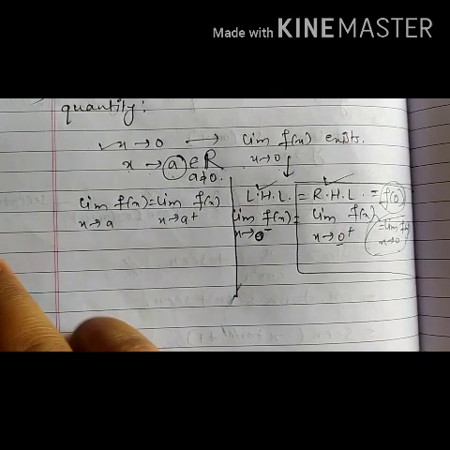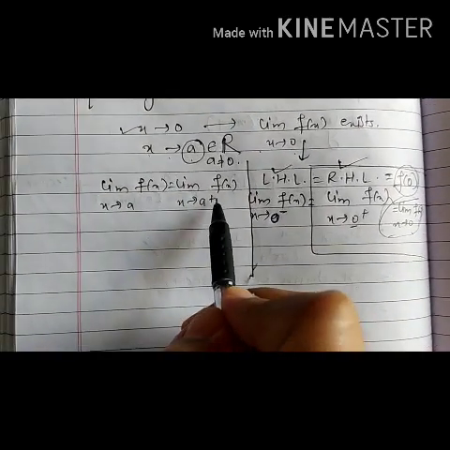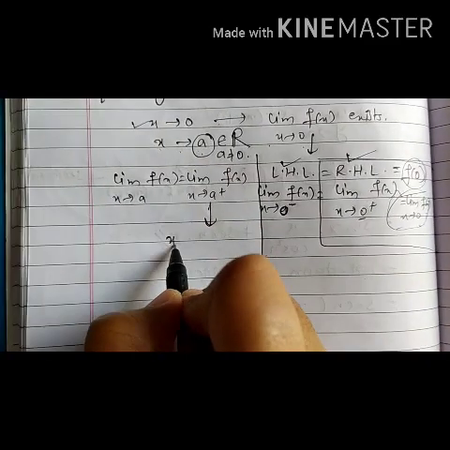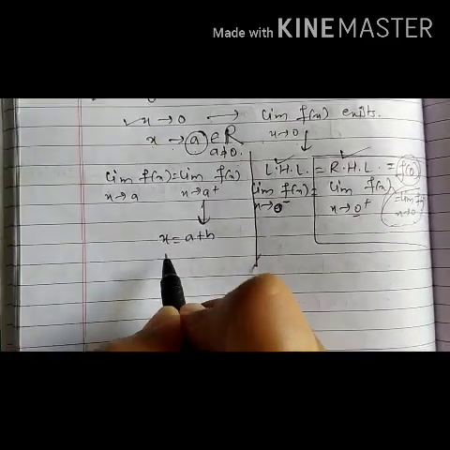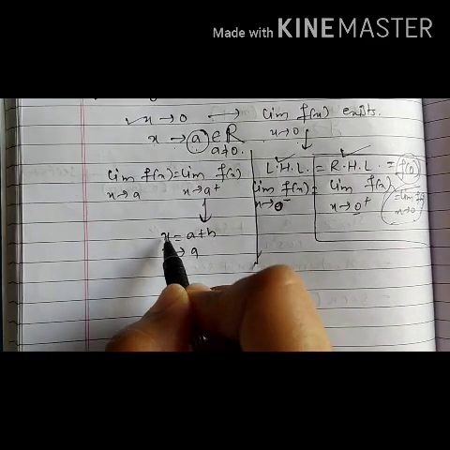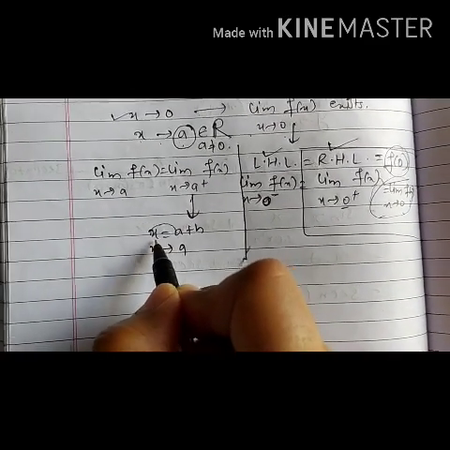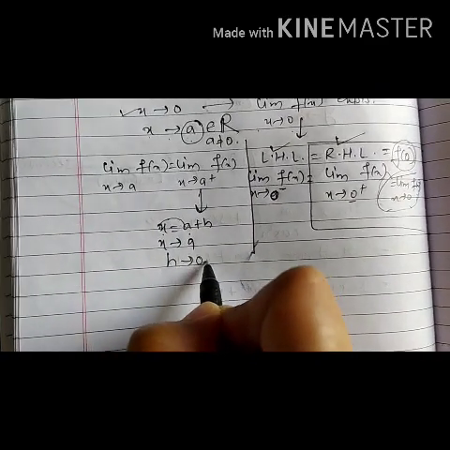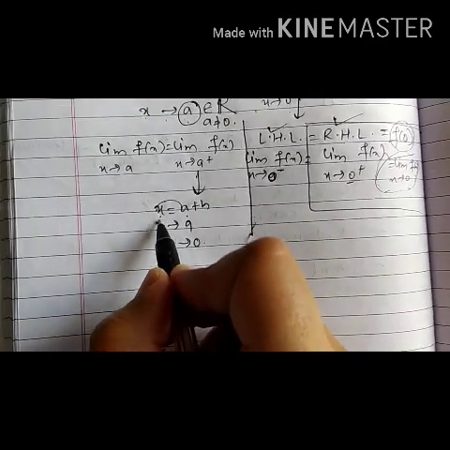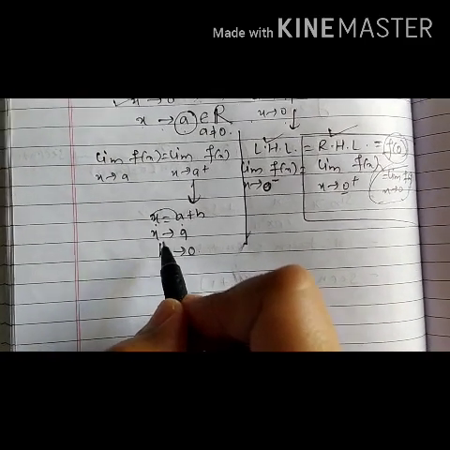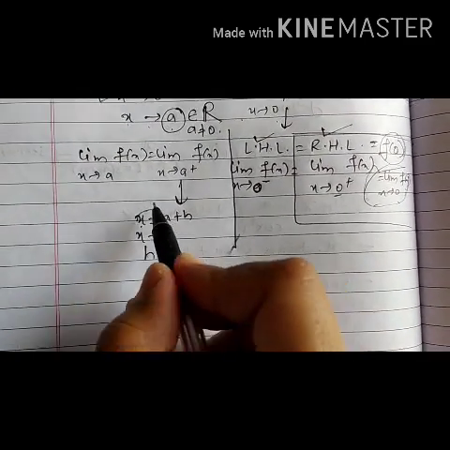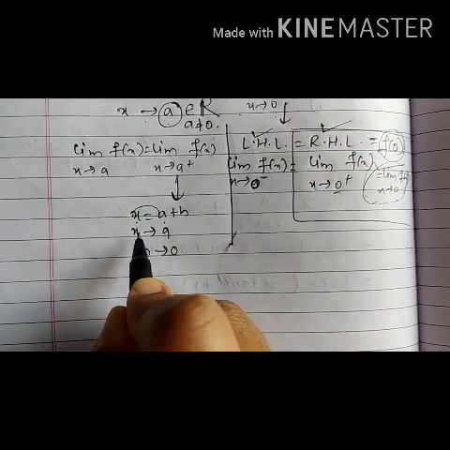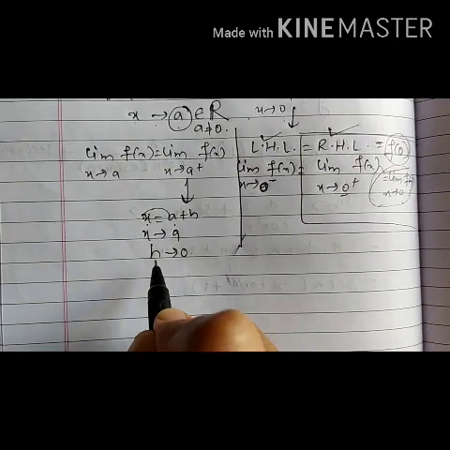Now we know that when we are using this a plus, and when we are solving this RHL, at that time we are taking x equals a plus h as x tends to a, means when x will approach a, that time we are getting h as 0. So h will tend to 0. We are not directly putting the value of x as a. I have discussed this thing in 11th standard, that directly we cannot take it, but while solving the examples we are substituting the same value. So when x is tending to a, we have h tends to 0.